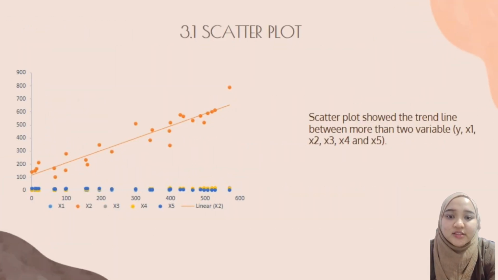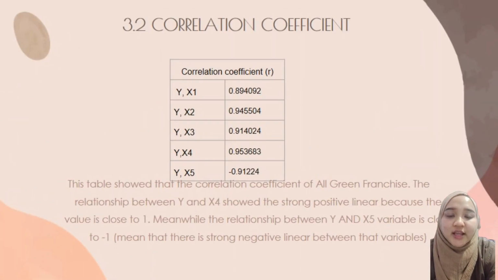Scatterplot shows the trend line between more than two variables, which are y, x1, x2, x3, x4, and x5. From this, the correlation coefficient can be analyzed. The table shows the correlation coefficient of All Green franchise. The relationship between y and x4 shows a strong positive linear relationship because the value is close to 1. Meanwhile, the relationship between y and x5 is close to -1, which means that there is a strong negative linear relationship between